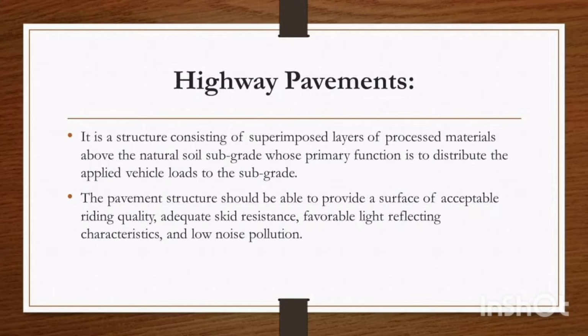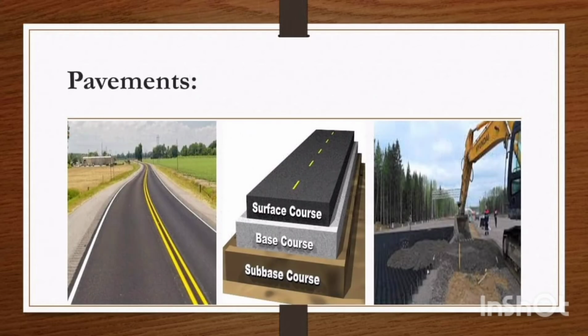Highway pavements. It is a structure consisting of superimposed layers of processed materials above the natural soil subgrade whose primary function is to distribute the applied vehicle loads to the subgrade. The pavement structure should be able to provide a surface of acceptable riding quality, adequate skid resistance, favorable light reflecting characteristics, and low noise pollution. So these are some examples of pavements, and later on we will discuss each composition as well as each